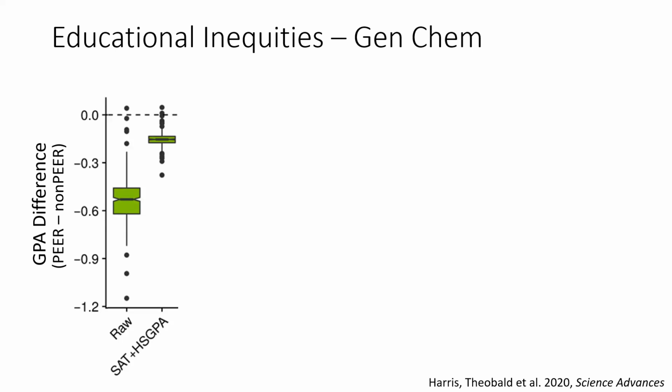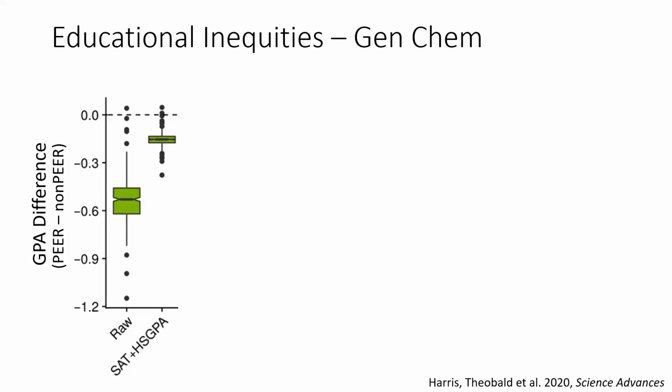So some people say it's more of an apples to apples comparison that tries to account for some of these inequities that we see prior to coming to college or university, which I totally agree with. I personally am now committed to looking at both of these sets of data, actually raw and data controlling for prior academic performance, because it's the raw data that students experience in our classes, right?